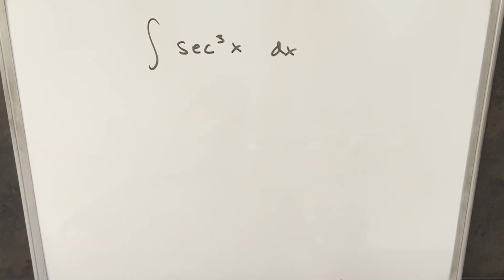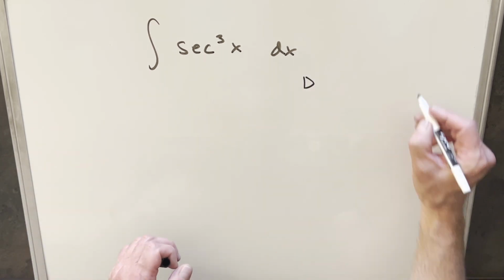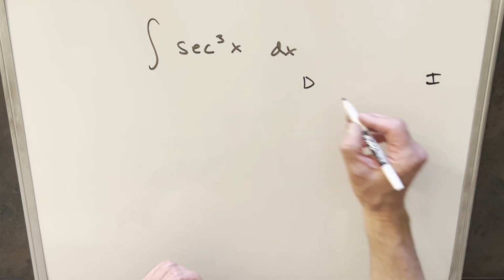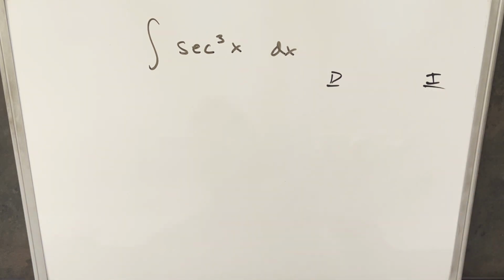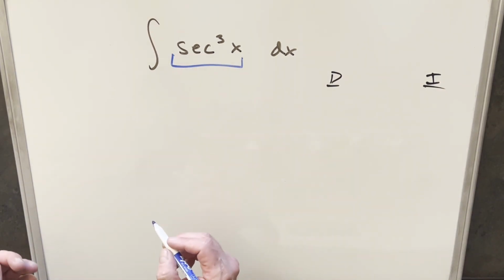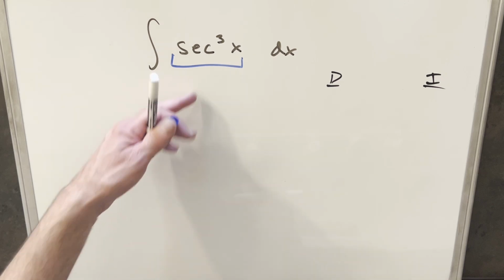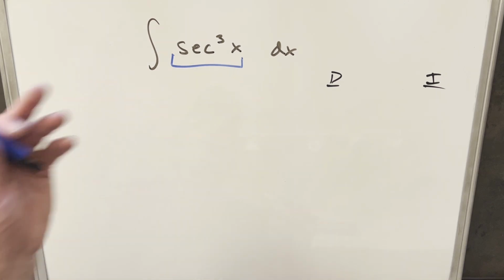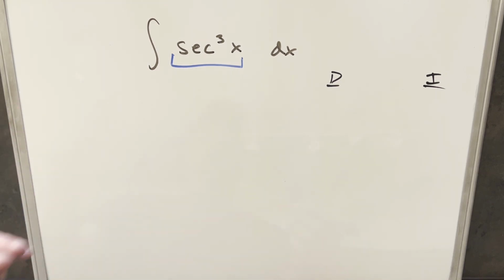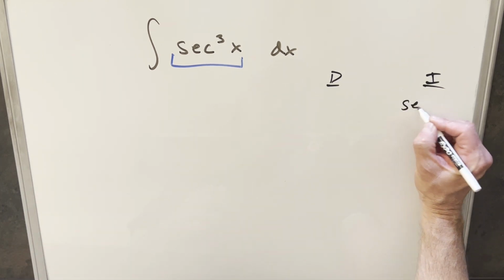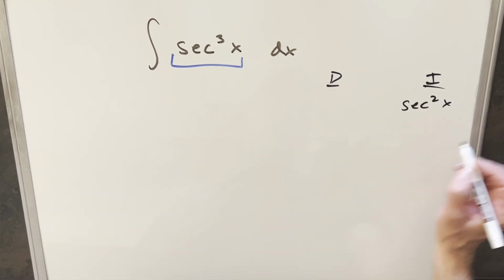So to get started with this, what I want to do is integration by parts, just using the DI method or tabular integration. But now the interesting thing here is we really only have one thing, right? With secant cubed x, we could actually break this up 4 different ways. We could differentiate secant squared, or we could integrate secant squared, or we could even create a 1. What I want to do for this is actually integrate secant squared, because that's easy to integrate, and then